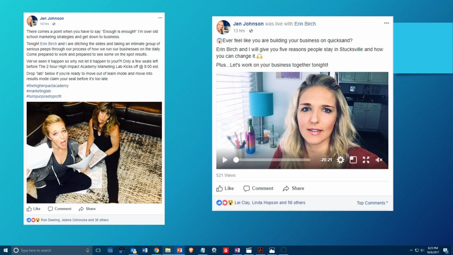And the reason for that is they want to keep people on Facebook for as long as possible. So what Jen does is if people comment in the comment section, she's going to reach out to them on Facebook Messenger and then give them the link because they have asked for permission. Isn't that powerful? So now people aren't feeling like they're being pitched.